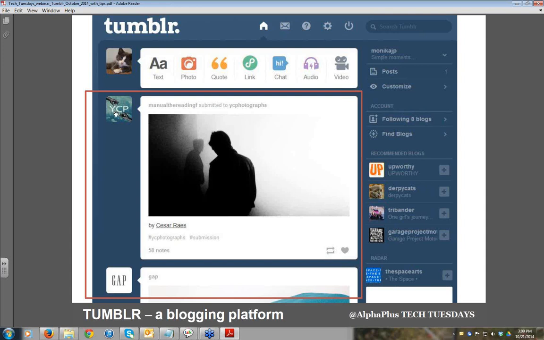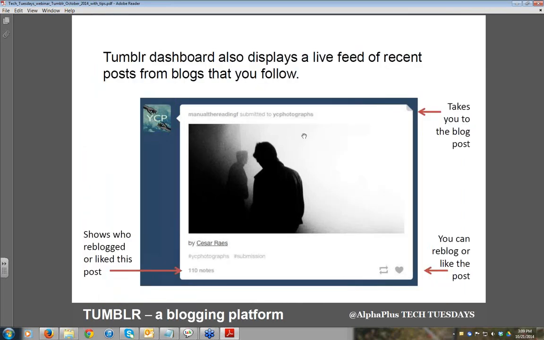And you will see that on my page right now, just right even in the box, there is YCP, which is basically a site with all kinds of photography that I like. And so I follow the blog to take a look at that. But there's also extra features that I want to show you that come when you're following any kind of Tumblr blog. And what that is, 3 sections. In the top right corner, you have this fold. If you move your mouse over it, it will take you directly to the actual blog account. It will open in a new window,